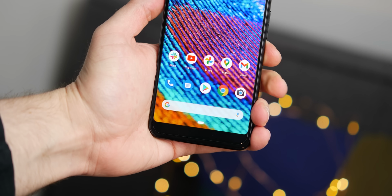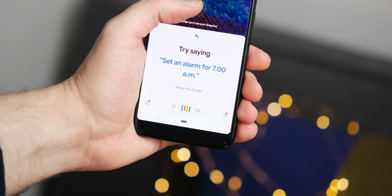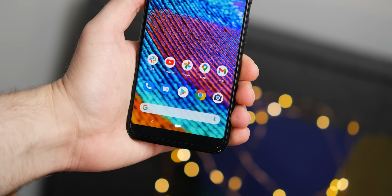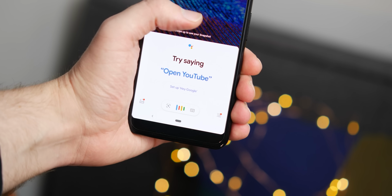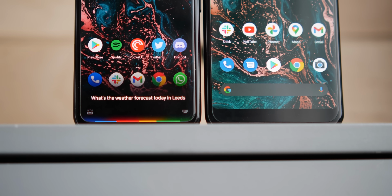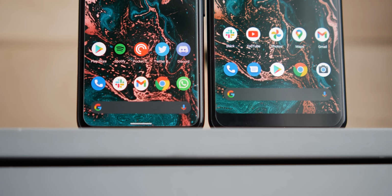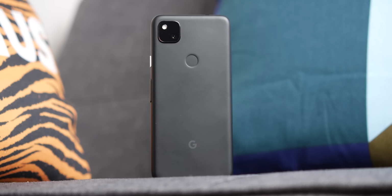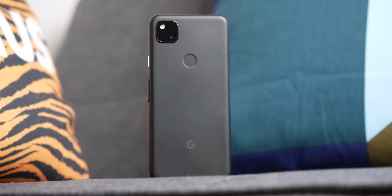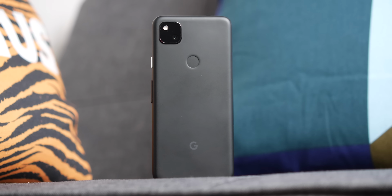While there are some new additions, there are some disappointing removals here though. The Pixel 3a series still includes the ability to squeeze the side of your device to activate the Google Assistant. However, the Pixel 4a comes with the new, more compact Google Assistant that includes better controls, with all processing taking place on device. The Pixel 4a will be updated at least as far as Android 13, but it's unclear